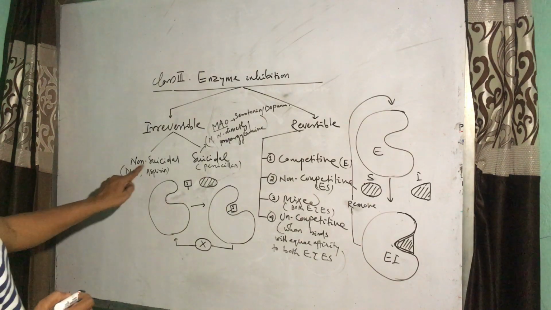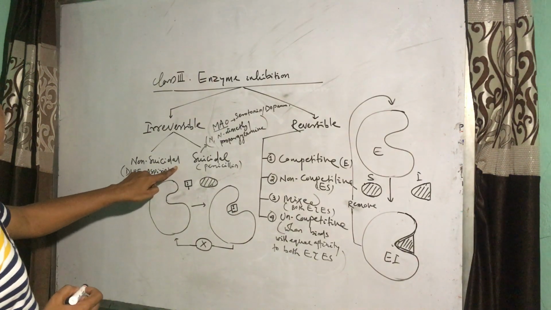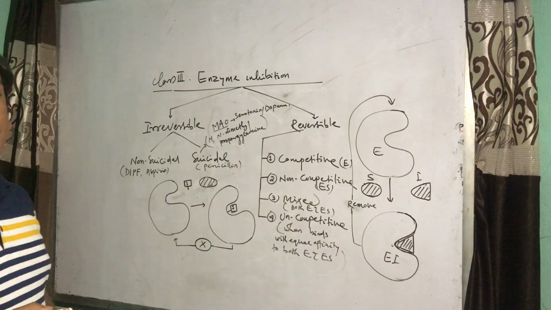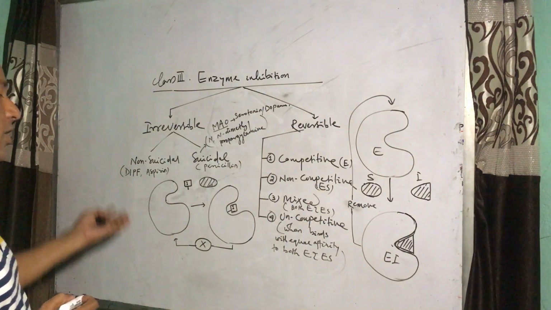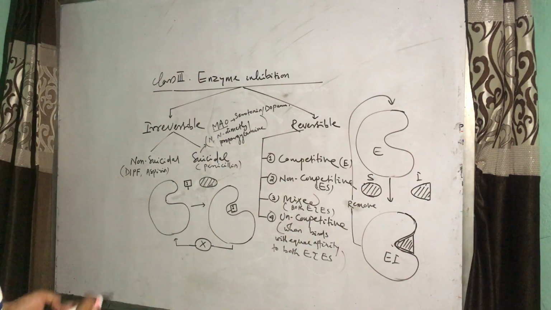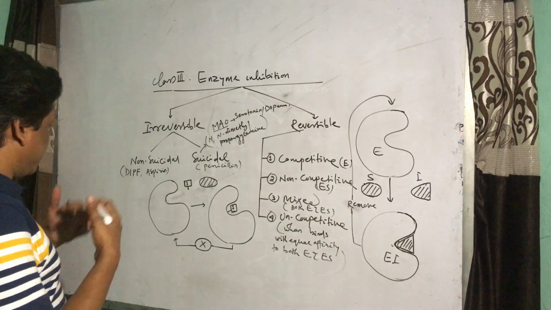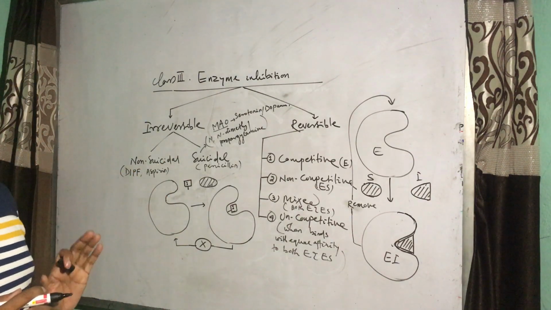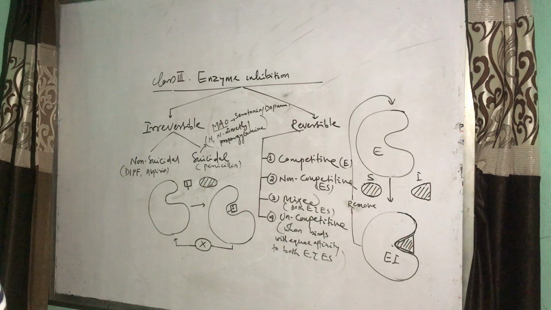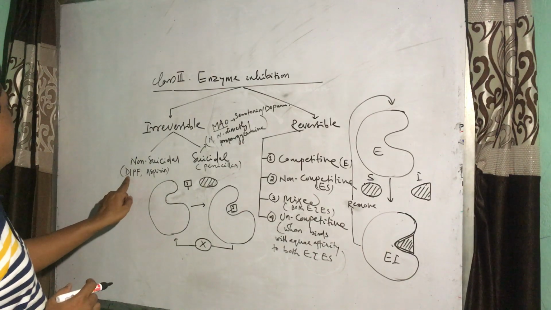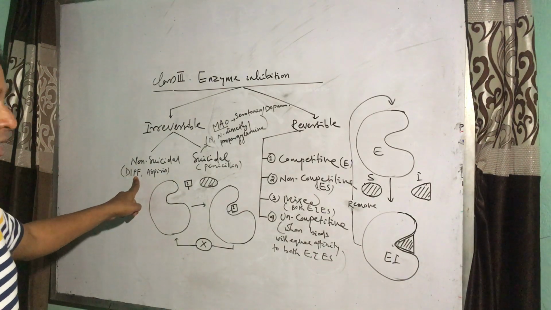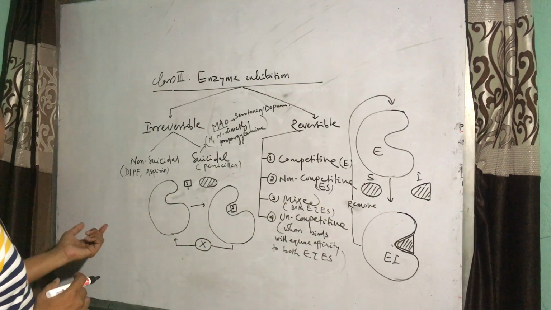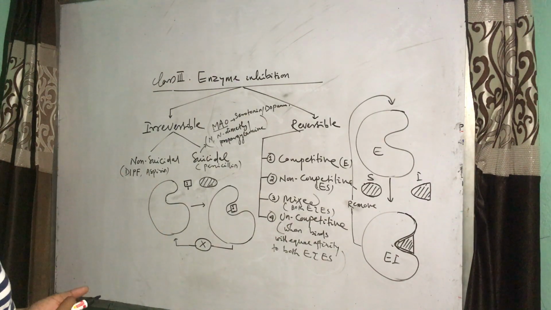So non-suicidal inhibitors directly bind to the enzyme, either to the active site or any other site, but they leave the enzyme changed in its structure so that the substrate can no more bind to the enzyme and the product is no more formed. For example, diisopropyl fluorophosphate is one of the inhibitors of acetylcholinesterase, one of the very important proteins